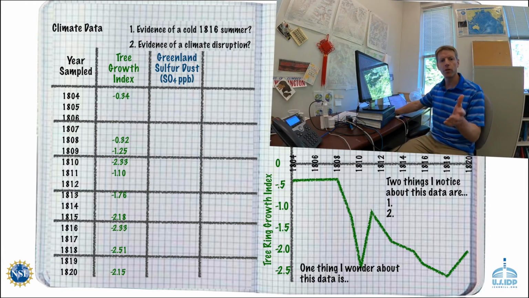So what we're going to do is go back to your notebooks, and we're going to record the sulfate data from this Greenland ice core in the second column. So at the top of that second column, let's label it as Greenland Ice Core Sulfate, and you can see the 10 different values of sulfate in parts per billion that we were able to measure on our instrument. So take a moment and pause the video so you can write down these values, and then we're going to plot them up on the other side of the paper.